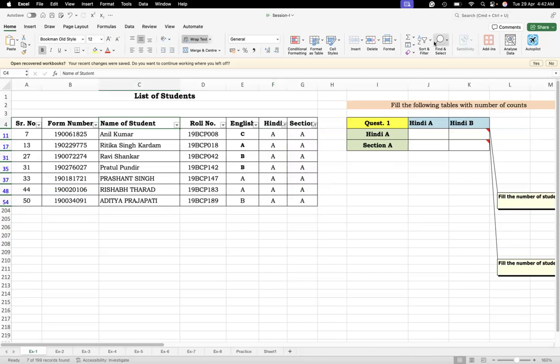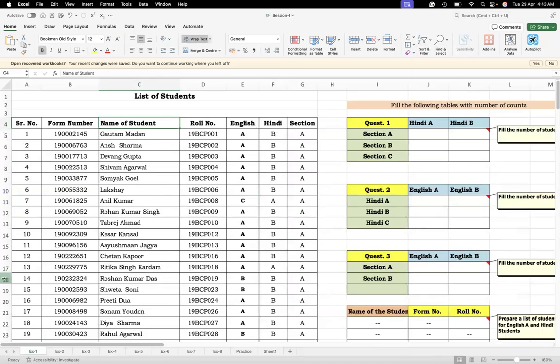Let me remove the filters. I am going again to the filter, keeping my cursor anywhere here in the data. I am going to the filter and I have removed the filter. Let us see how can we do by applying COUNTIFs function. So I am putting my cursor in this box where I want my answer to be equals